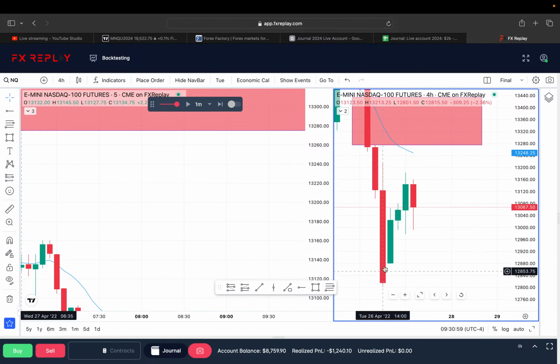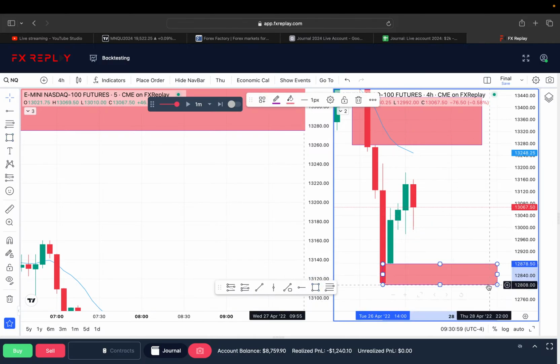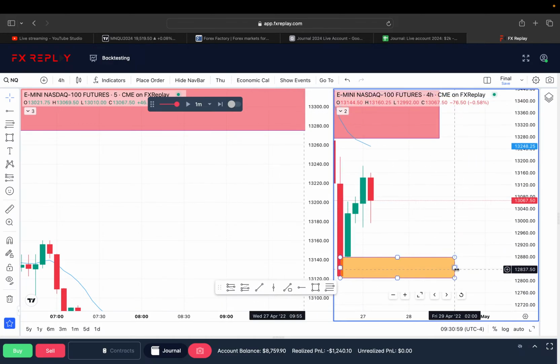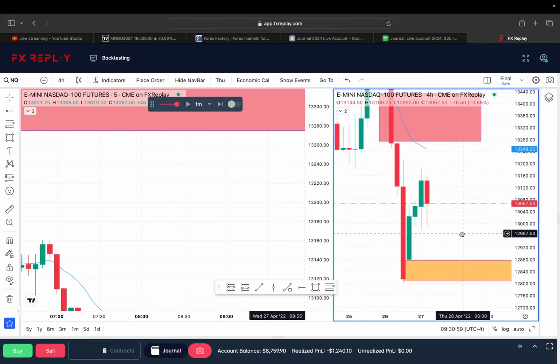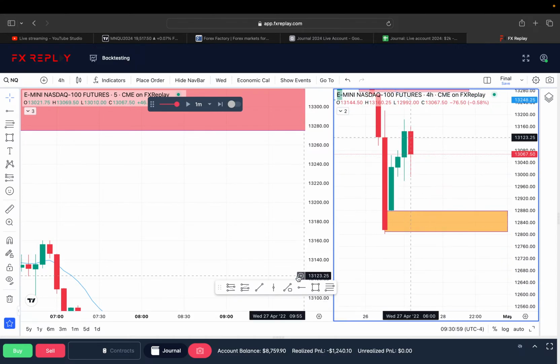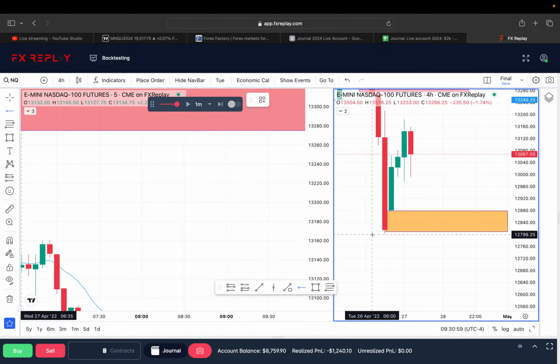Okay, this is a weird gap. It was a weak open gap. Tuesday, 4 to 6, because it closed here and opened up here. I don't know what kind of gap that is, but we'll mark it on the downside. We'll make it orange, because I don't know what that is. A daily open gap, I guess. That's weird, but so go up here, bounce, go down here, come down here, bounce, go up there. Liquidity at the bottom side. We're already